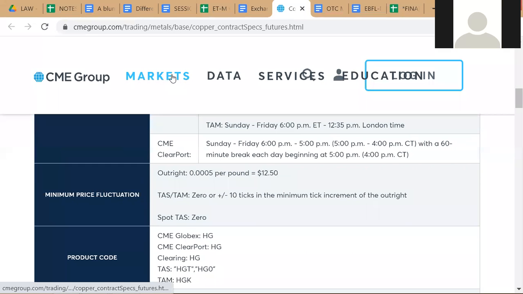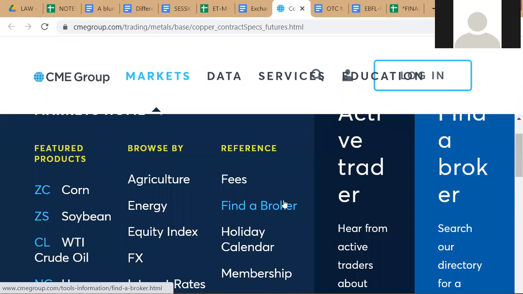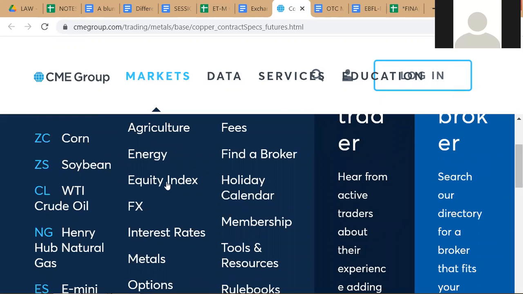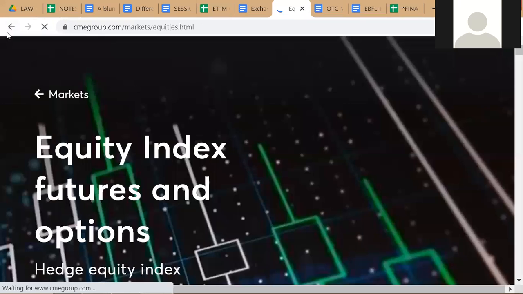If we go to equity index. Sorry, before I go there, I wanted to show you something important about copper, which is when we talk about